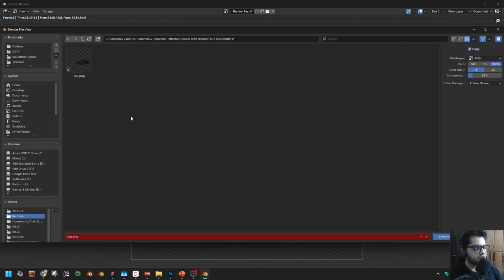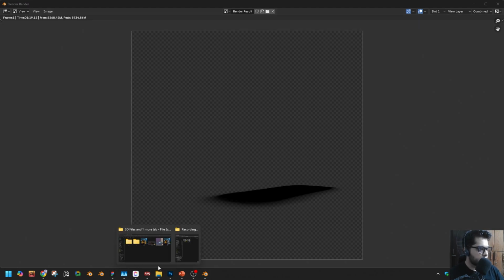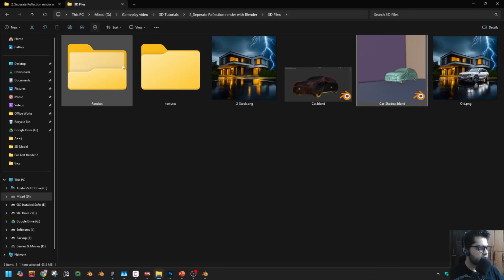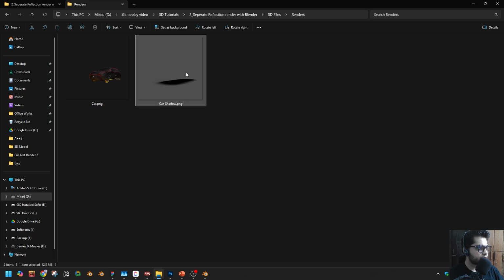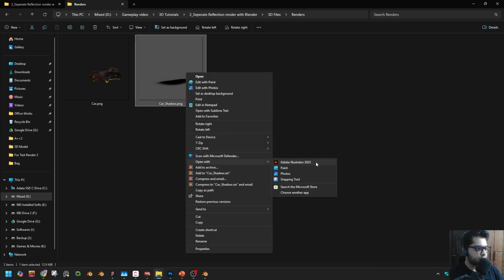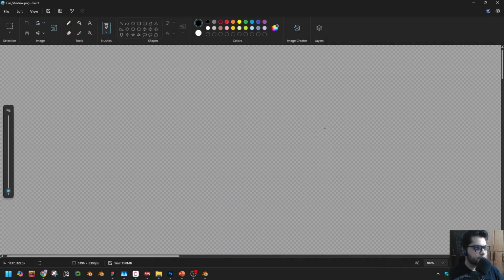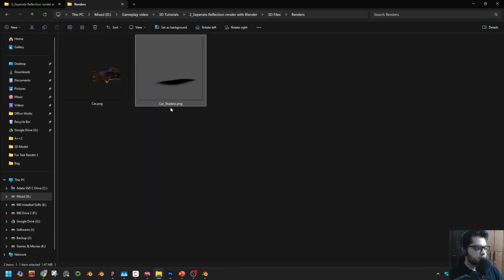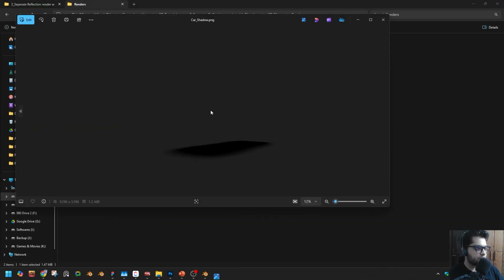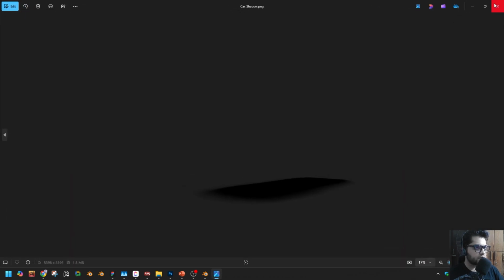I have to save it like car_shadow. Let's optimize the render again. Open with Paint, Ctrl+S to save, and now it is a much smaller file size, but will have almost the